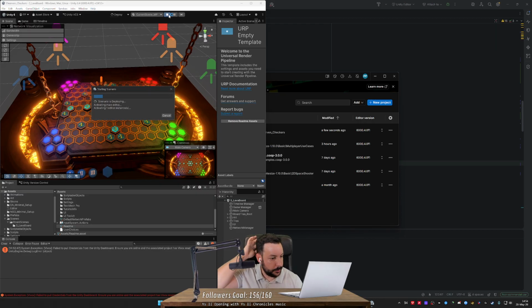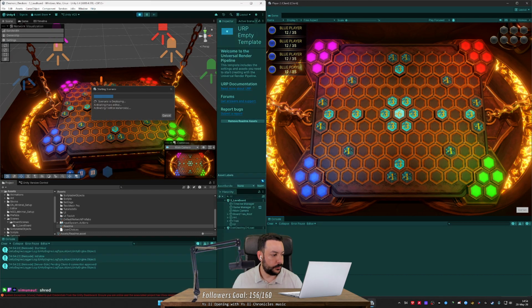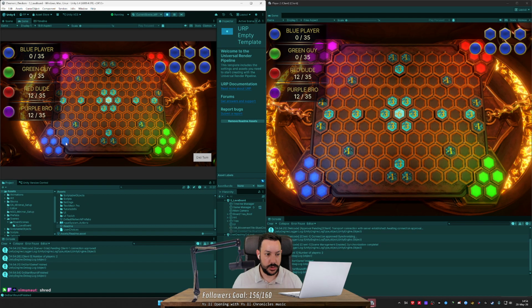So if I do current scene multiplayer, surely this is gonna work. Okay, so this also connected properly. Number of players is 2. This one was assigned to be the first player, which is going to be the blue team. So I can put 3 pieces in, shred, because of the guitar solos. Hello, Samanot. Okay, so now if I click end turn,